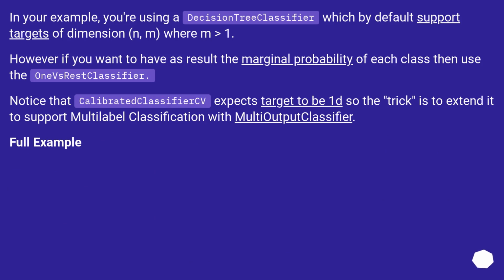In your example, you're using a decision tree classifier which by default supports targets of dimension (n, m), where m is greater than 1. However, if you want to have as a result the marginal probability of each class, then use the OneVsRestClassifier. Notice that CalibratedClassifierCV expects the target to be 1D, so the trick is to extend it to support multi-label classification with MultiOutputClassifier. For example,